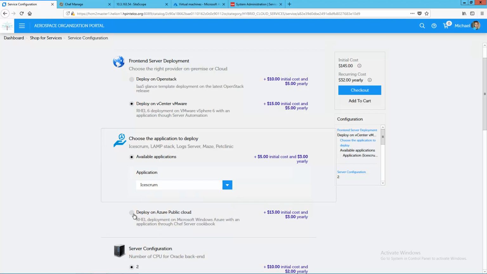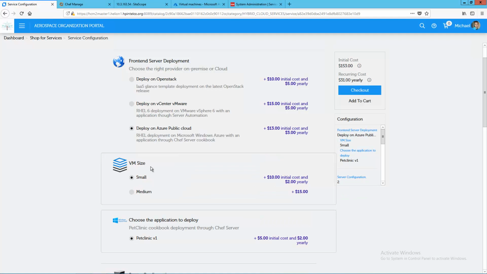Or it could be directly on Azure from the public cloud, and I could select this time the sizing, the t-shirt size, small, medium, and what kind of version I would like to deploy. Let's say I would like to deploy Pet Clinic, an application running on top of JBoss. And for that, I will leverage Chef Server for config management in order to deploy on the fly the JBoss middleware and then the Pet Clinic build on top of that.